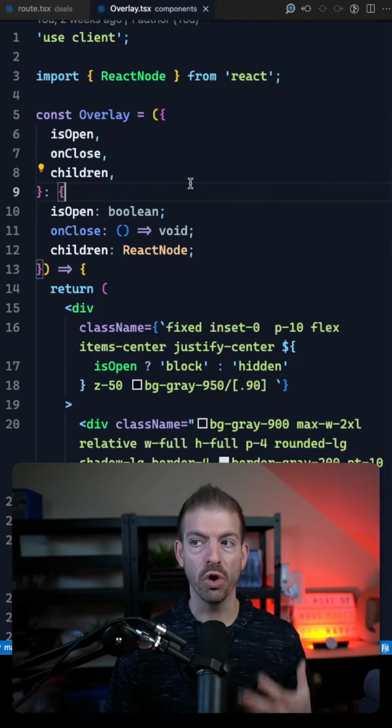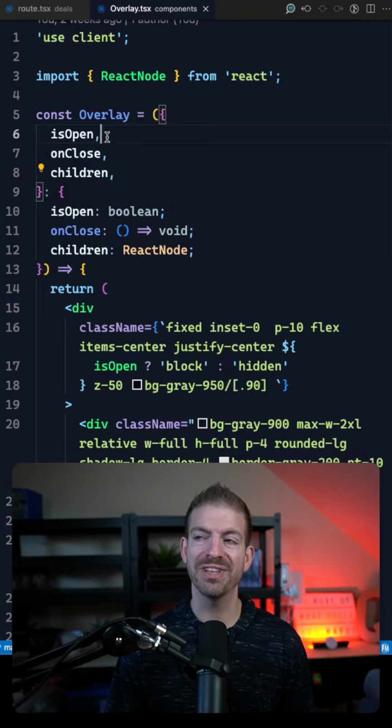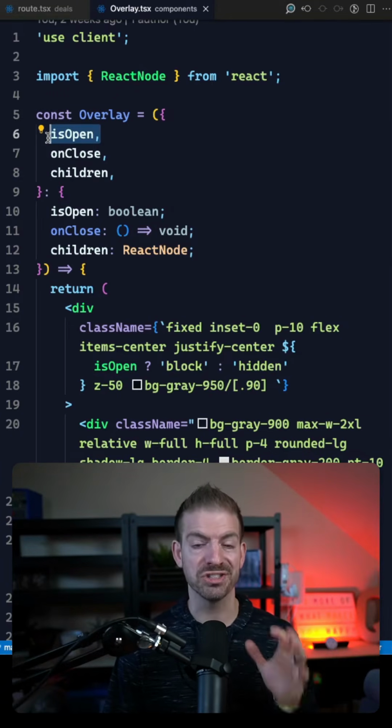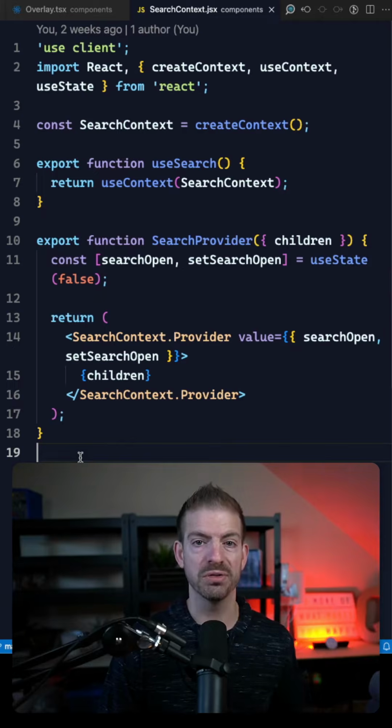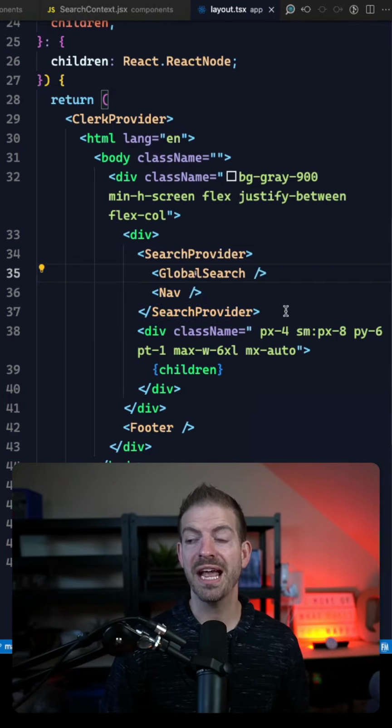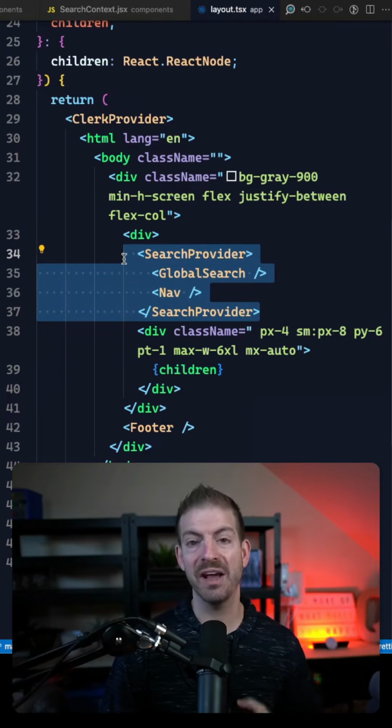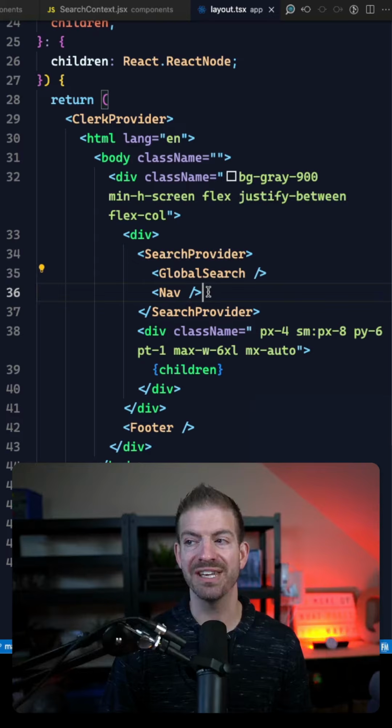From there, I created the overlay component, which takes in a property of is open to determine whether or not to actually show that pop-up. Since I needed to open and close this from different components, I used the context API in React to share that state between different components. Then I wrap the two components that need access to that with that search provider, specifically the nav and then